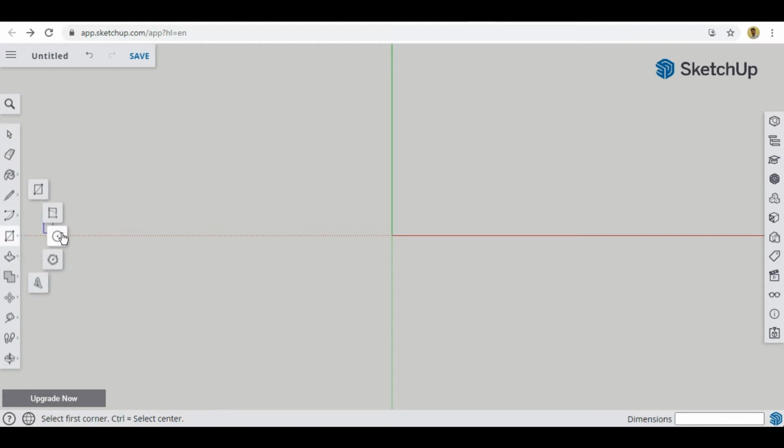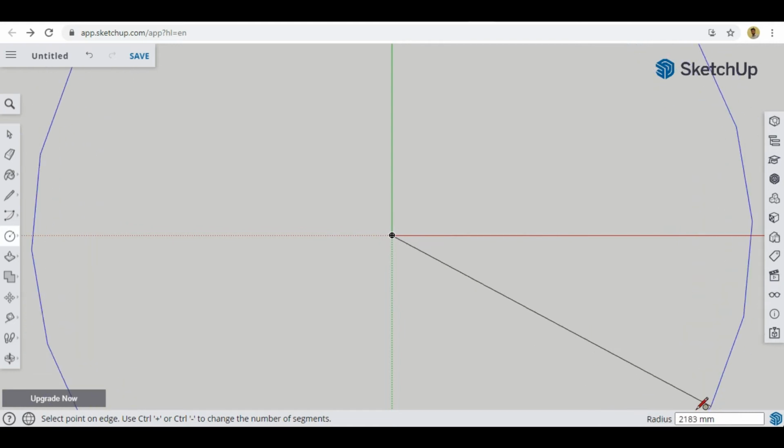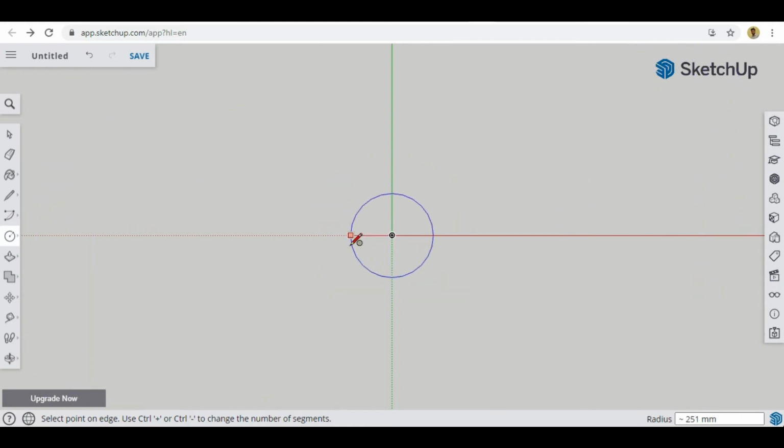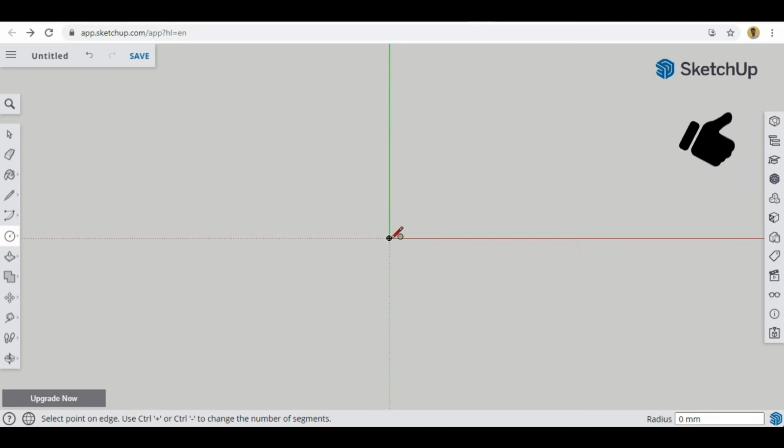So I'll take circle from here. This one is circle. I'll take the circle from the center point. The radius of the circle was 10, so we have to zoom it a little bit. As you can see from here, these are the dimensions and you can see the dimensions are very large. Okay, so we have to zoom in. So I'll go to the center and then I will use the scroll button of mouse, okay, to zoom in. Now you can see it is fine. Okay, so I'll write 10 and enter. So this is a circle of 10 radius.